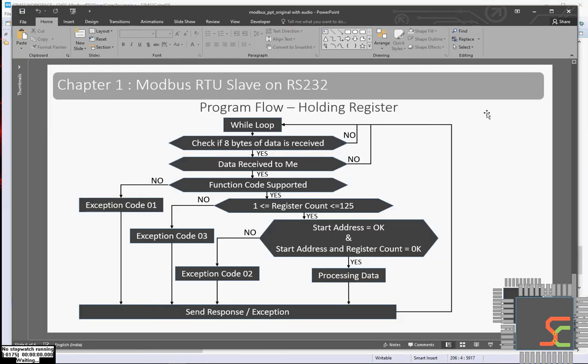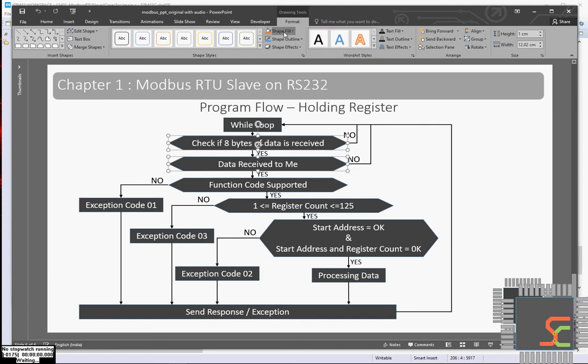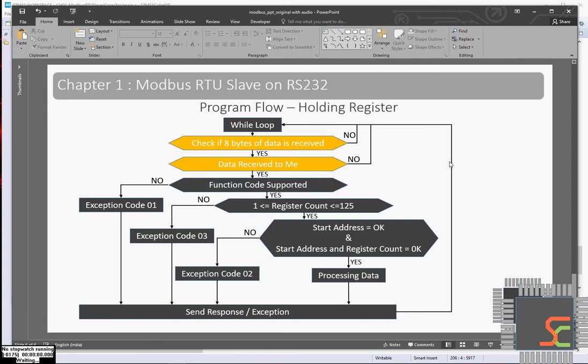So before starting the debugging and checking it, I would like to go through it again. We'll check continuously whether I am receiving 8 bytes or not. These two steps are included in that while loop, which I will show you.